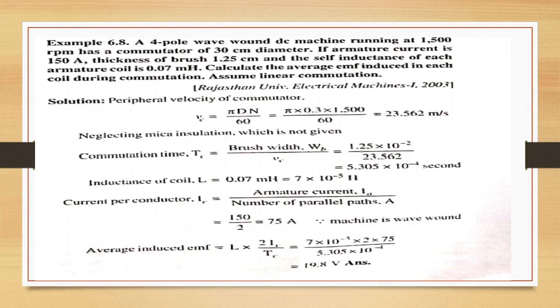Let us see the solution. Peripheral velocity of commutator is pi d n by 60. Substitute the values. Answer is 23.56. And neglecting mica insulation, commutation time Tc is brush width Wb by Vc, that is 5.305 into 10 power minus 4 seconds. Inductance of the coil is 0.07 millihenry, so it can be written as 7 into 10 power minus 5 Henry. Current per conductor is armature current by number of parallel paths, that is 150 by 2. Machine is wave wound, so parallel path is 2. So it is 75 amperes current per conductor, and average induced EMF is L into 2 IC by TC,